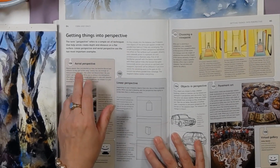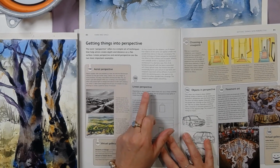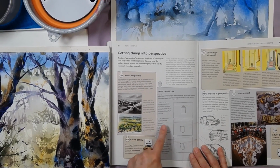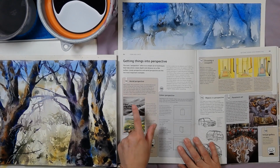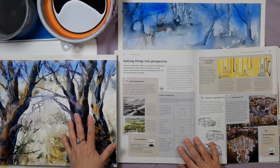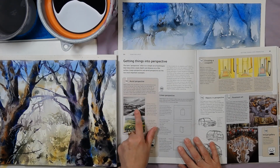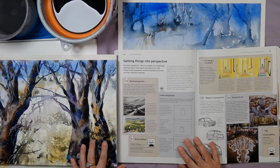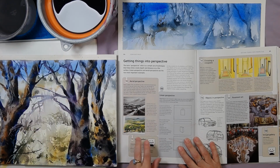So it divides it up into aerial perspective and linear perspective. It's got this really simple explanation about 1, 2 and 3 point perspective. And then it's got these fabulous tips here, which I've used in these paintings here and here, about aerial perspective, such as texture you can see in the foreground and not in the background, and about chroma, your colour,